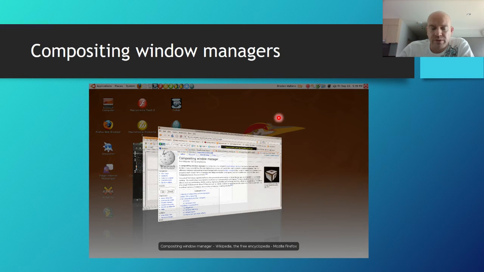So a way to come around that and to also give some more functionality is to use a compositing window manager. The compositing window manager just gives every application a memory buffer, and it says that in this memory buffer you should paint your contents. And then the compositing window manager is going to put that memory buffer on the screen in any way you like,